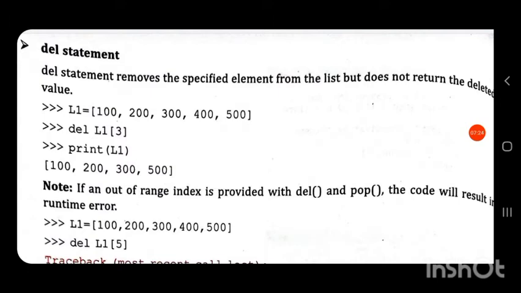It will delete the value at index position 3. When we print the list, you can see the value 400 is deleted.